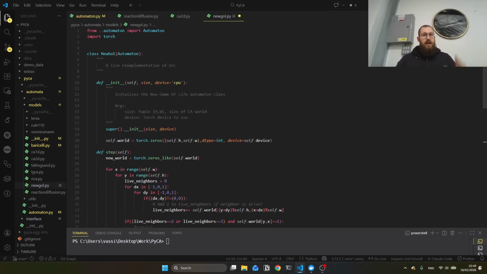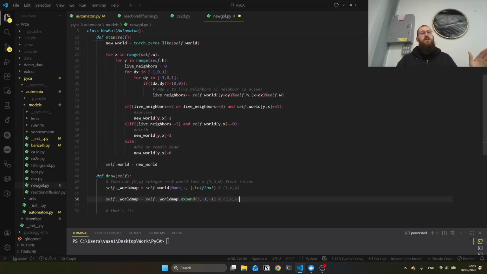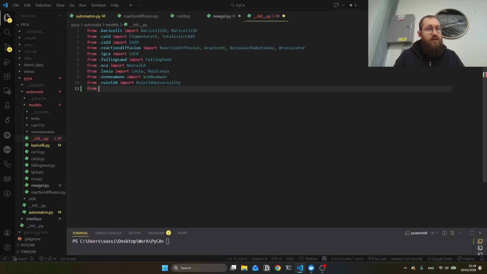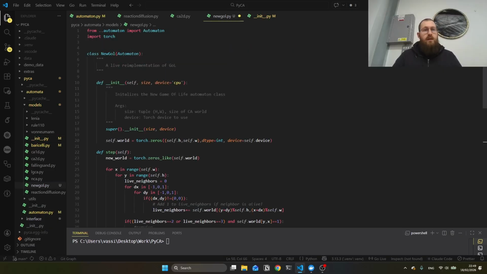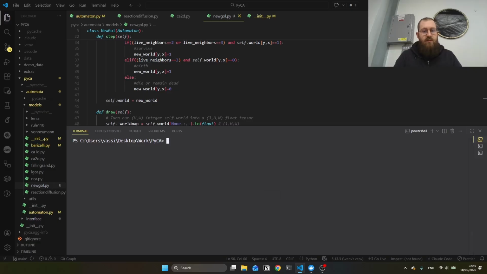Perfect. And as you can see, let's see how many lines of code we wrote. I used a lot of spaces and very spaced code. And in 50 lines of code, we have implemented the game of life. And now it should be able to run in our PyCA window. There is one last thing to do. Into models init, we need to tell PyCA that our model exists by importing it. So from new goal, import new goal. And let me save that as well. So hopefully now if I do UV run simulate,